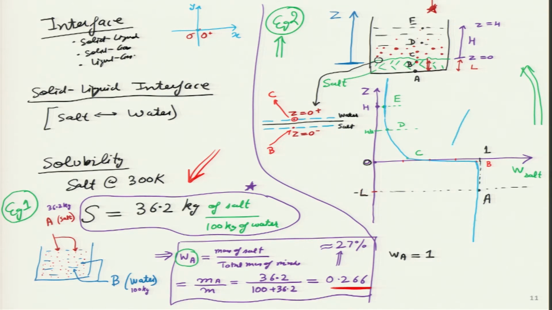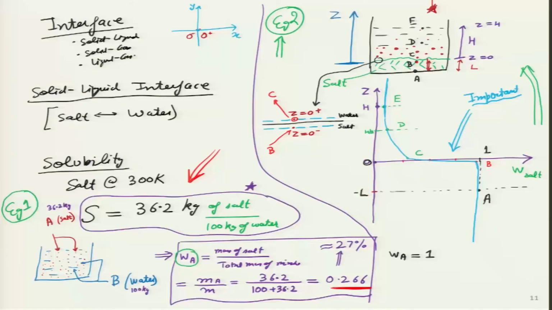So, this is a very important curve to remember. I am writing over here, this is very important, because at thermodynamic equilibrium, when diffusion is taking place, perhaps something like this is happening in nature. And the most interesting thing in this blue curve, if you see on the slide, is happening between point B and point C.